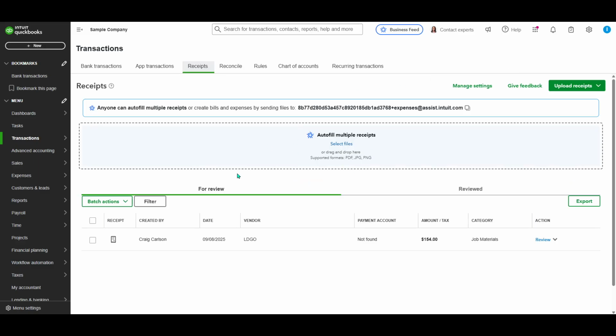After opening the Receipts tab, you'll find an option at the top right of your screen that says Upload Receipt. Go ahead and click on it. This feature allows you to add receipts directly from your device, ensuring you keep all necessary documentation neatly compiled within